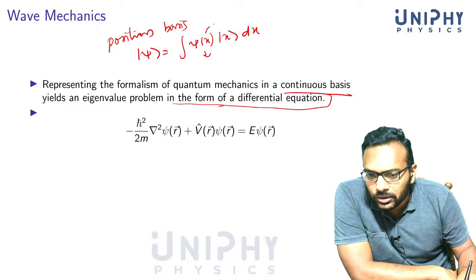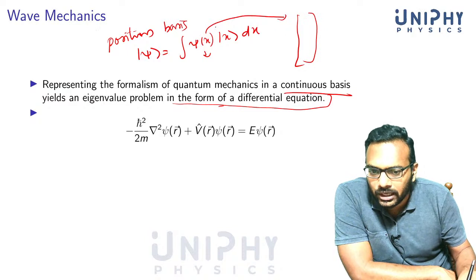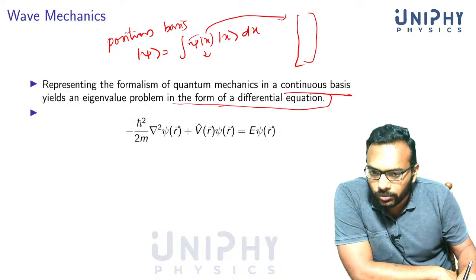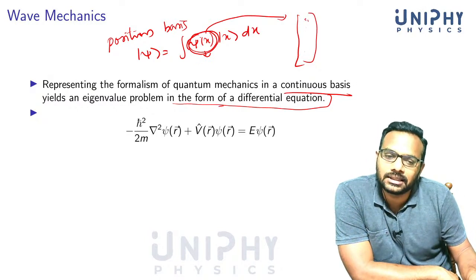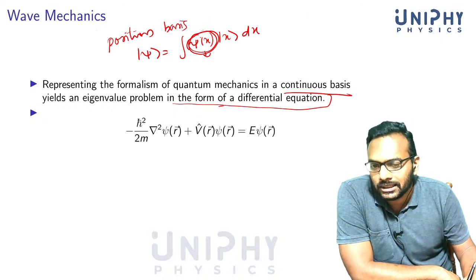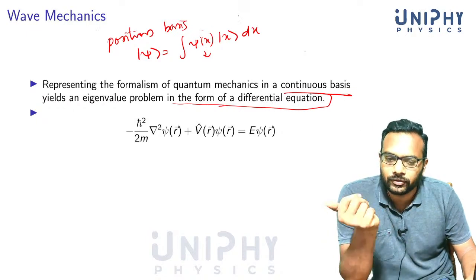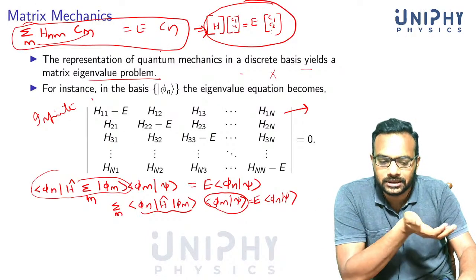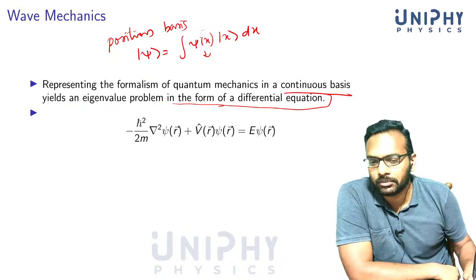Now in principle you could write all these numbers in an infinite column matrix. Corresponding to every x, every point in space, you have a complex number. You could in principle write all these infinite numbers here. You can imagine it's the same thing, but it is convenient to write it as a function psi of x. Psi of x is also a set of complex numbers, just like C1, C2, C3 here, except that corresponding to every point in space you have a complex number.